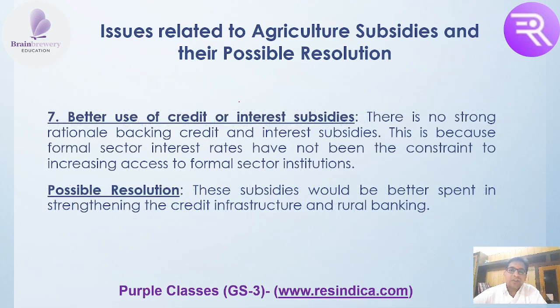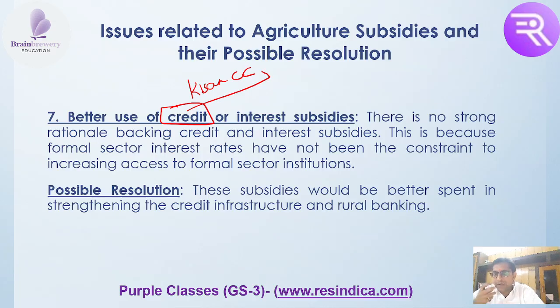Then better use of credit or interest subsidy. That means you got certain credit using Kisan credit card or various other types of agriculture credit loan. Okay, so you have to utilize this money in order to generate the resources. Okay, so you have to make sure that the subsidy money is better spent. It should not go on to the unproductive sector. Okay,